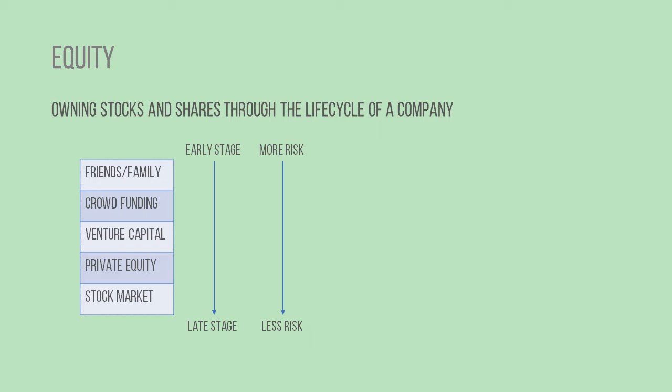So we start with the most basic, which is friends or family. A friend can come up to you and say, well, I've got an idea, will you invest in it? And you say, well, why not? I really back this person, so you invest in them and you get a share in their company. Then the next thing is, along the same lines, you can inherit some shares maybe in a family company. And usually, not always, but usually these companies will be relatively small.